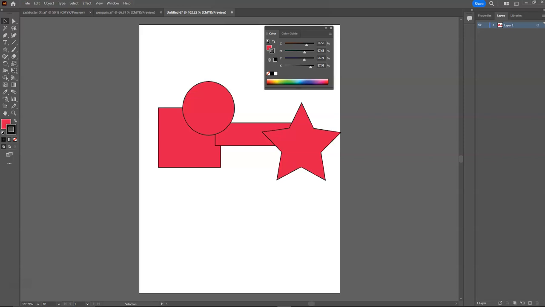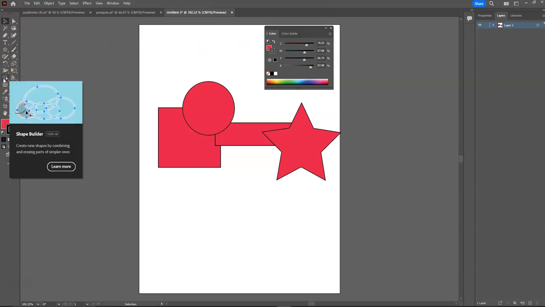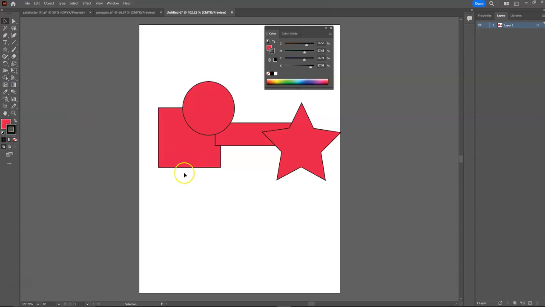And so what we can do, let me just find it here, shape builder, this is this guy here, okay? And so you can see that little preview, you can drag it and sort of create some sort of shape that's like an amalgam of all of them. So if you're trying to make a cloud, you put 4 ellipses together, and then you just drag them together to make that. Now, I'm not making anything in specific here, but I could,